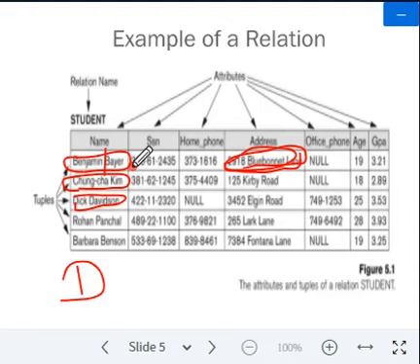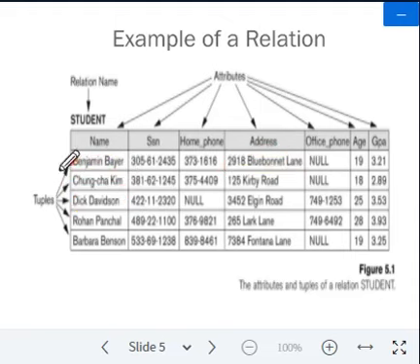So what is the common method of specifying the domain? How can we specify the domain in the relational data model? By using the data types from which the data values forming the domain are drawn.